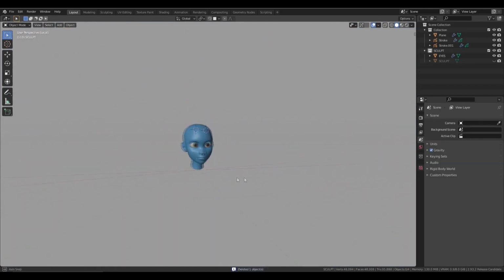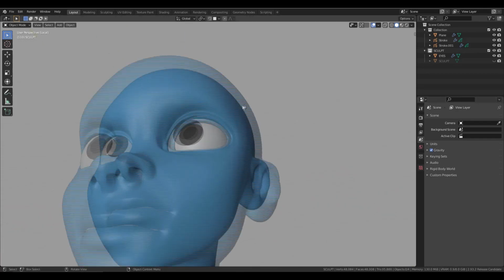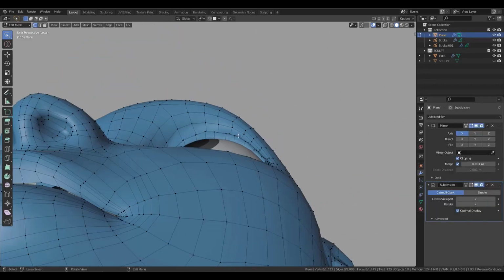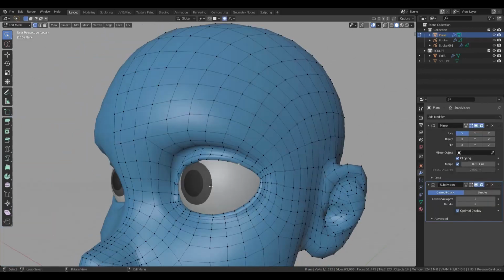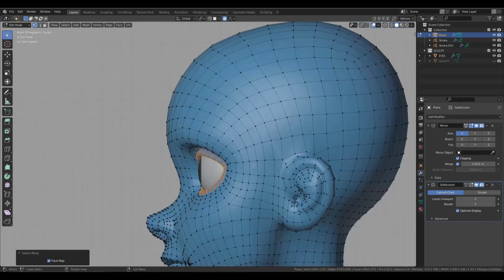So now that I have this, I really want to define the eyebrows and also the eyelashes. And in order to do that, we're going to model them. We're not going to use hairs. This is not a tutorial about hairs. Maybe one day I will do one, but